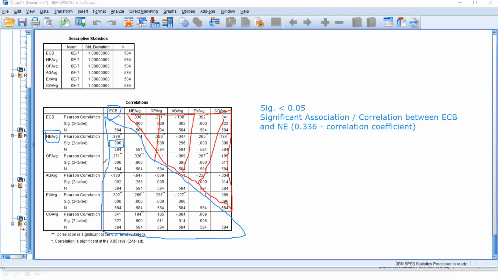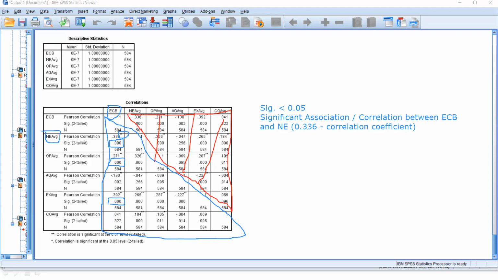Here you can also see openness to experience also having a statistically significant correlation. And also here we can see there is an association between agreeableness and extraversion with ECB. All the star marks, you can see these 2 star marks appeared.